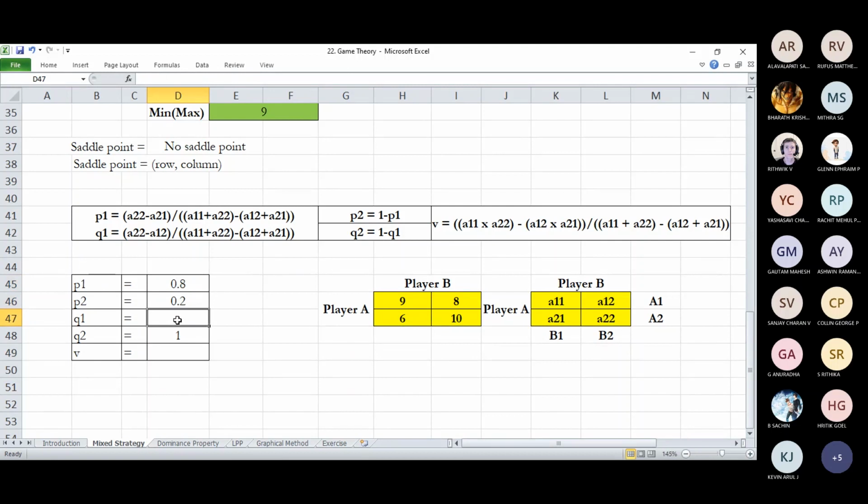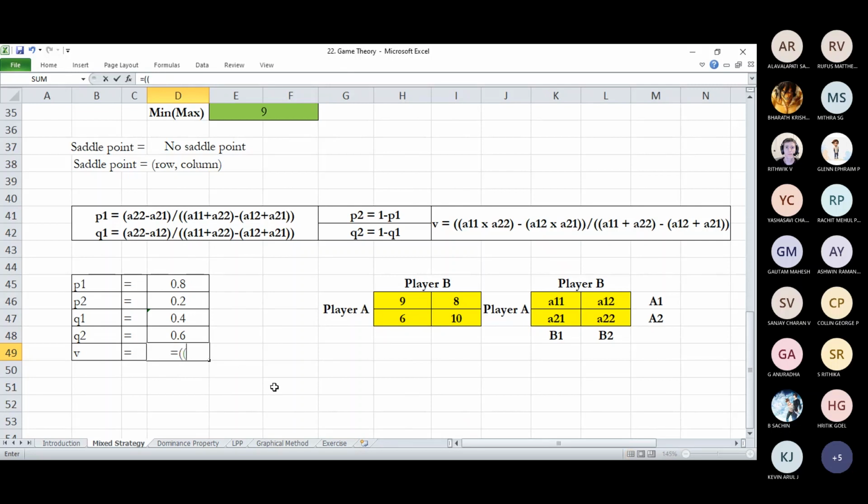Then since the denominator is the same, I think I can copy the denominators. It's equal to, only the numerator varies. Something like A22 minus A12. This is the probability, and the value of the game